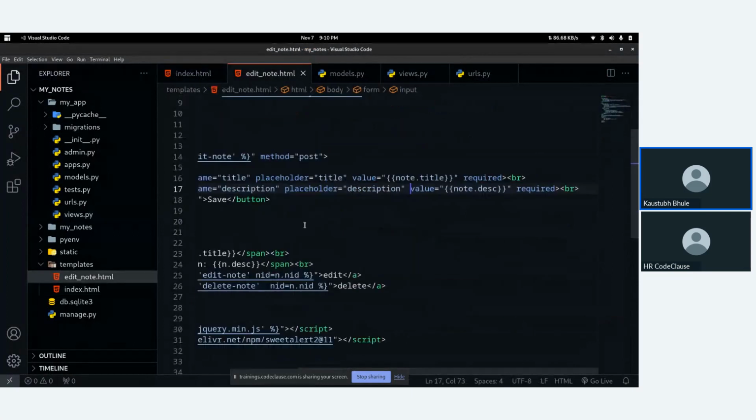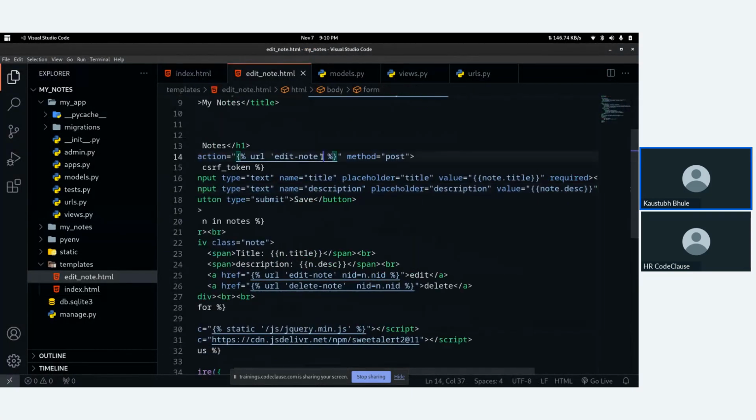So here you also have to pass NID equals to. Look guys, whenever you are doing something in this tag having curly brace and percentage, you don't need to use double curly braces. But if you are outside of that tag, you need to use double curly braces to use the value sent by Django, I mean the backend.